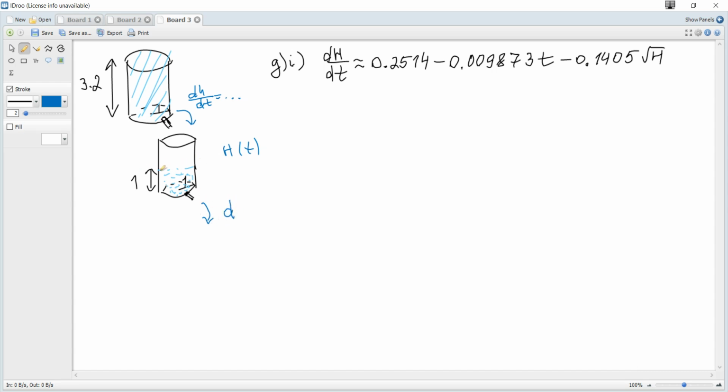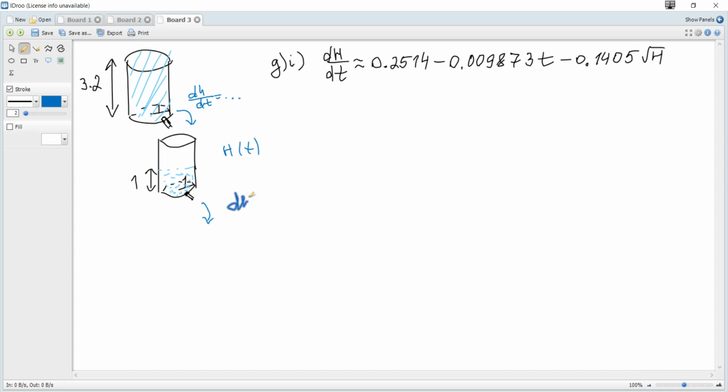So if we consider lowest, there will be water in and also water out, and the resulting rate of change, we should what? Add this rate of change and subtract this, or this rate of change should be negative because it's water out, and this rate of change should be positive because it's water in. And since it's identical